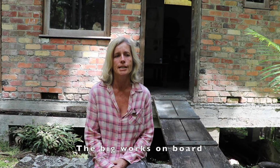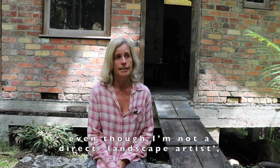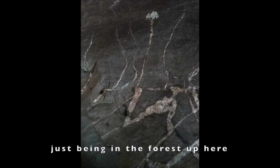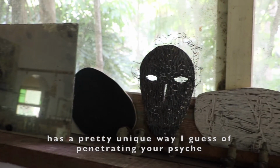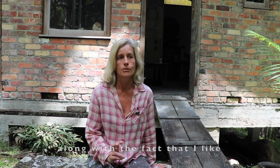The big works on board are a part of my ongoing intrigue, I guess, with the landscape of Wollumbin. Even though I'm not a direct landscape artist, living up here for the last 38 years has definitely informed my process. So texture, surfaces, shapes, just being in the forest up here has a pretty unique way, I guess, of penetrating your psyche, and my love and attraction to the landscape here, along with the fact that I like to introduce stories